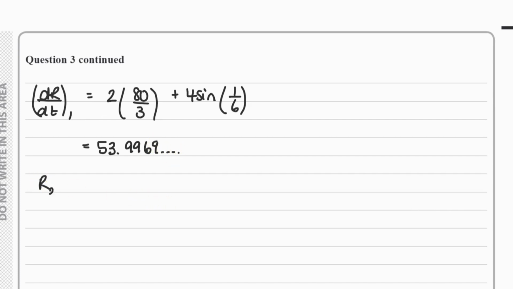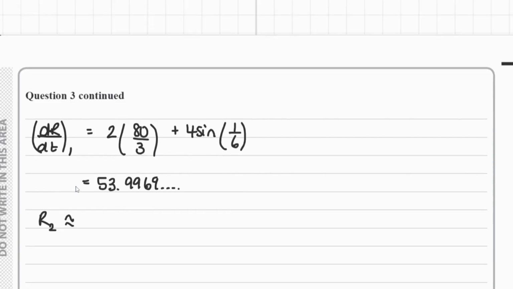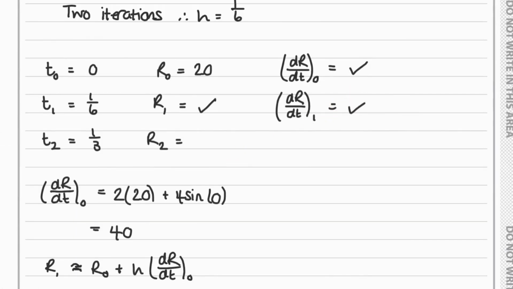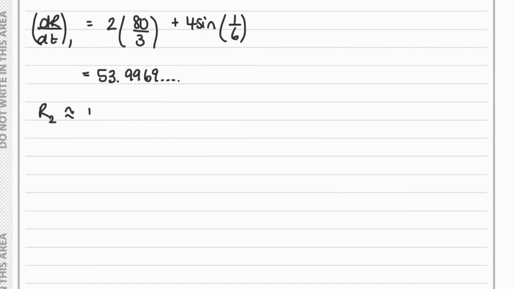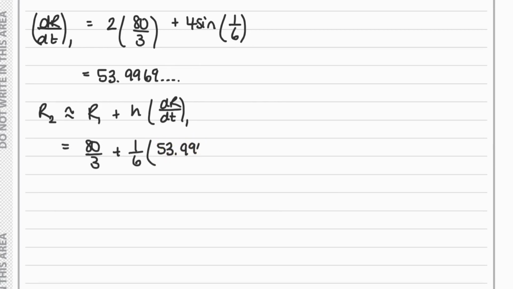We can then use that to help me find my r2, because if we check back in our little table, we've now got a full line, we can work out r2. r2 is approximately r1 + h lots of dr/dt at 1. r1 we know is 80/3 plus 1/6 of the 53.9969. Whilst I'm writing a slightly rounded figure, I would be working with the exact value in my calculations. That gives me